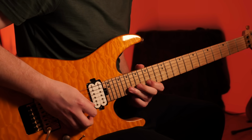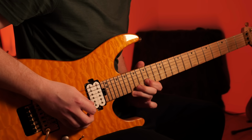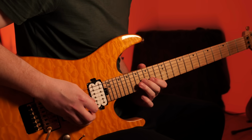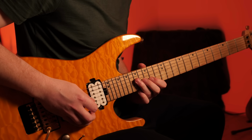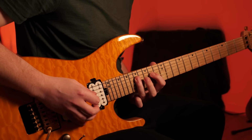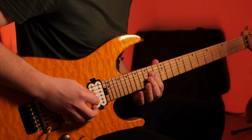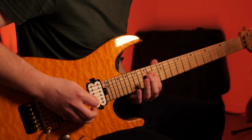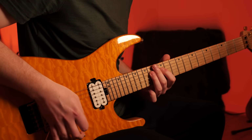Then the sweep begins here. It's 19 on the B, pull off to 15. Upstroke there. Then you've got in that same upstroke, 16 on the G, then 17 on the D. Then it's a downstroke on the 14th fret of the D, and then you're sliding down to 12. Then hammering on to 14 to finish there. So that little chunk is...